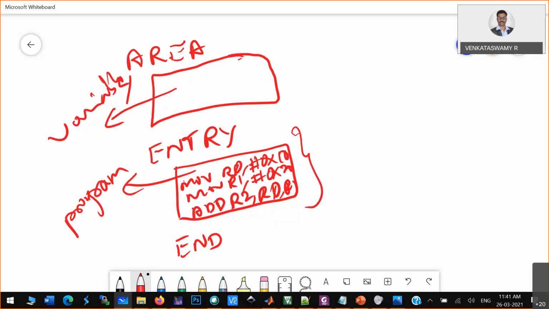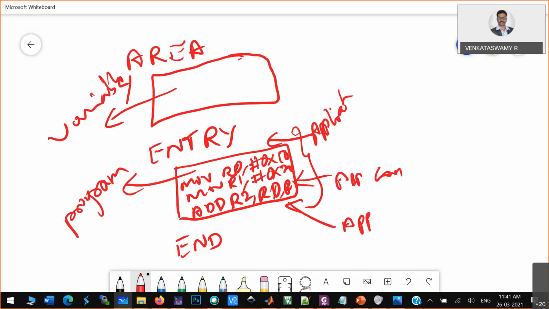So that means this is the application block: application start point, application code, and application termination point. This structure they are providing, and we have to follow this structure to write the program.